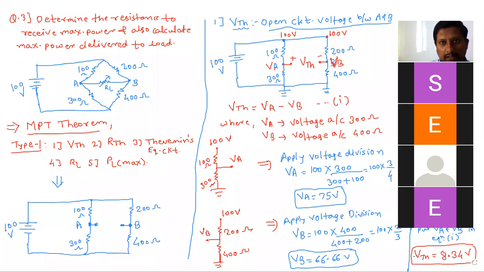So once again, cross check everyone and read how we got VTH. This is very important. Such an example is asked a number of times. Such a network they can give for Thevenin's as well as for maximum power and for Norton's also. So I will give you 10-15 seconds. You can read it carefully. If any doubt will be there, you can ask.